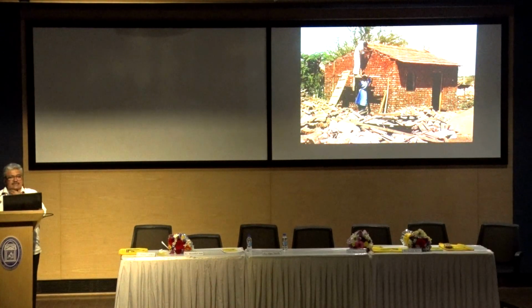The other aspect is that we do not seem to learn from our past mistakes. This is a photo I saw 21, 22 years back, and I was curious to know the story of this. This is a father and daughter rebuilding their house exactly the same bad way, the way it was built and because of which it collapsed. We have to learn from our mistakes.